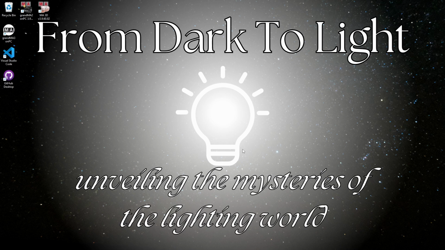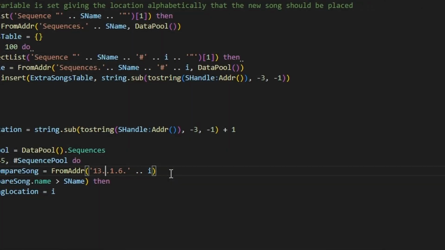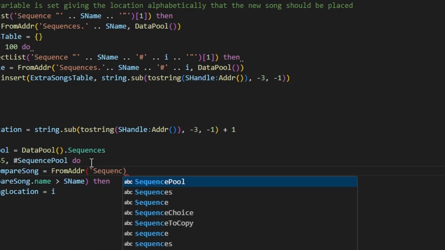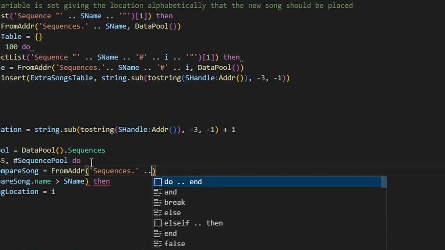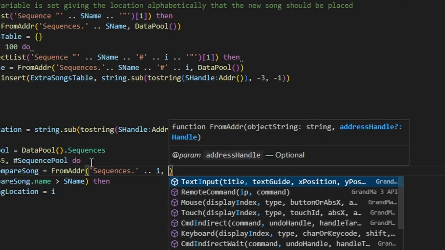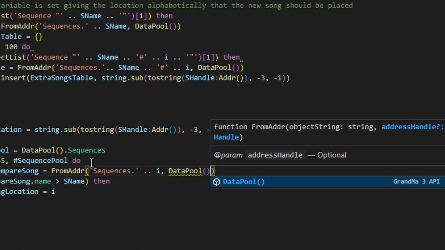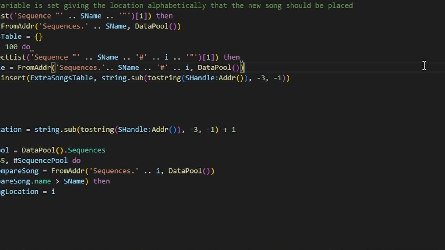Now, at this point, I had a choice to make. I could go through all my plugins and update all the from address functions to the new number, or I could change them to named strings. Or actually, there's a function called data pool that returns the address for the selected data pool, and you can just use that in conjunction with the sequences.number or whatever you need to come after the data pool part of your string. I already had some instances of the from address function using that method, and I decided it would be the most reliable to not be likely to change again in future versions. So that's what I ended up doing, and that was helpful because then I could still use the current versions of my plugin in version 2.1, which I was still using at that moment.